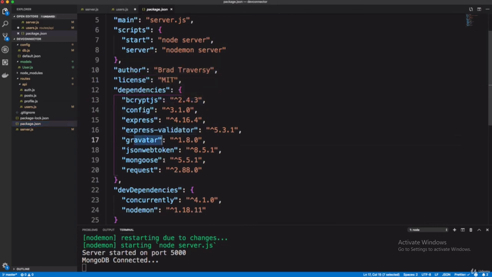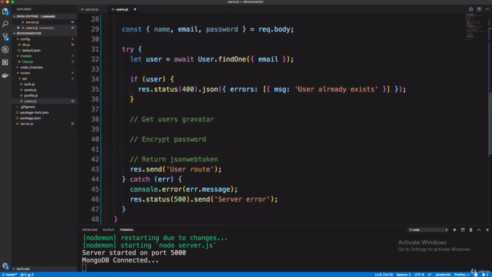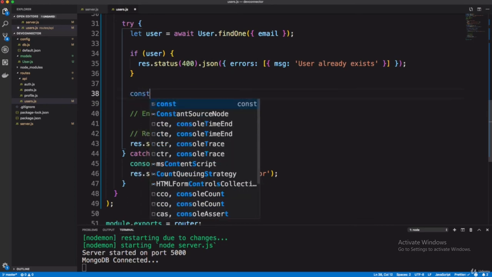As you can see we have already installed it as a package. Now here, how to use gravatar is the format. You can go to its official website and see it there.